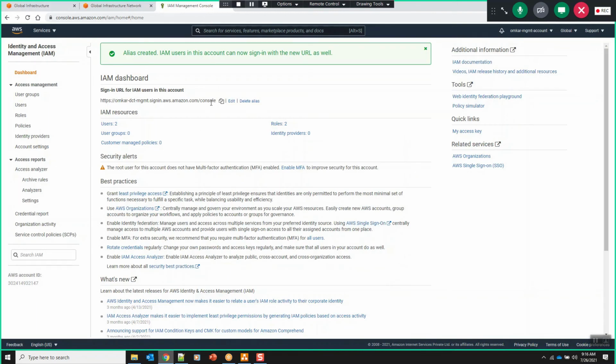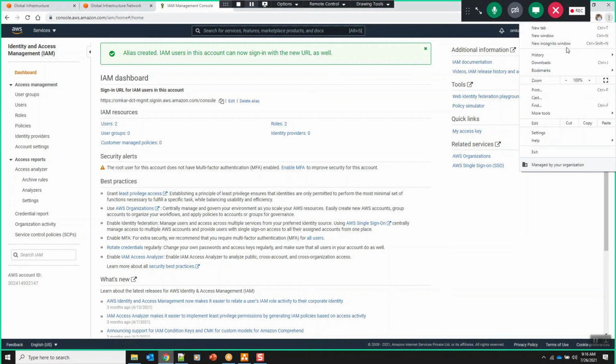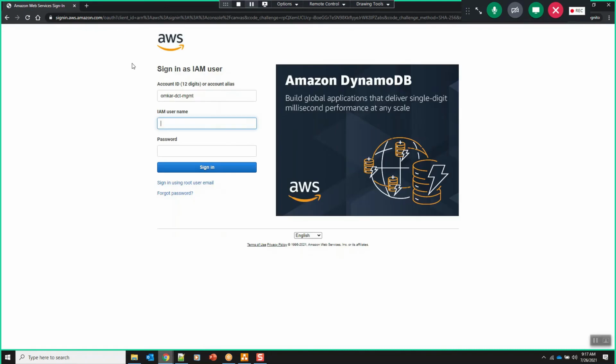Yeah, now see, I can use this URL, which is user friendly. So now I will open an incognito tab and try to log in using the incognito tab. Okay. Here we can enter the account ID or account alias. It has taken the account alias by default.